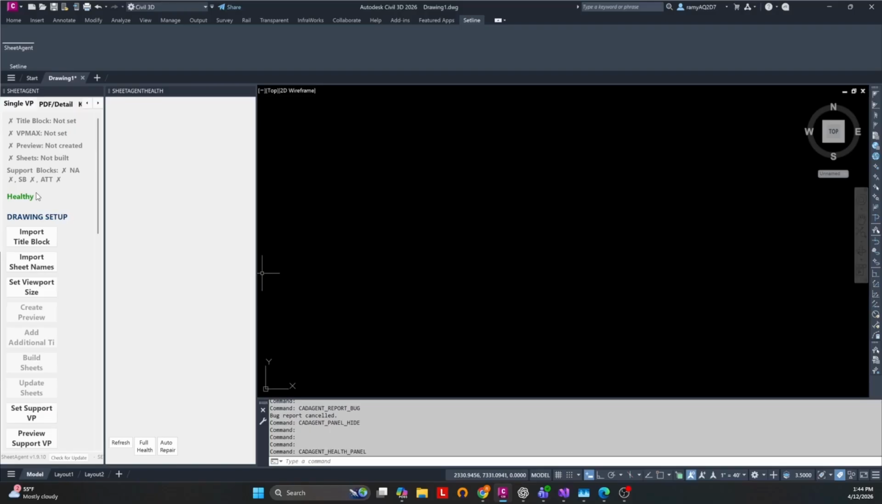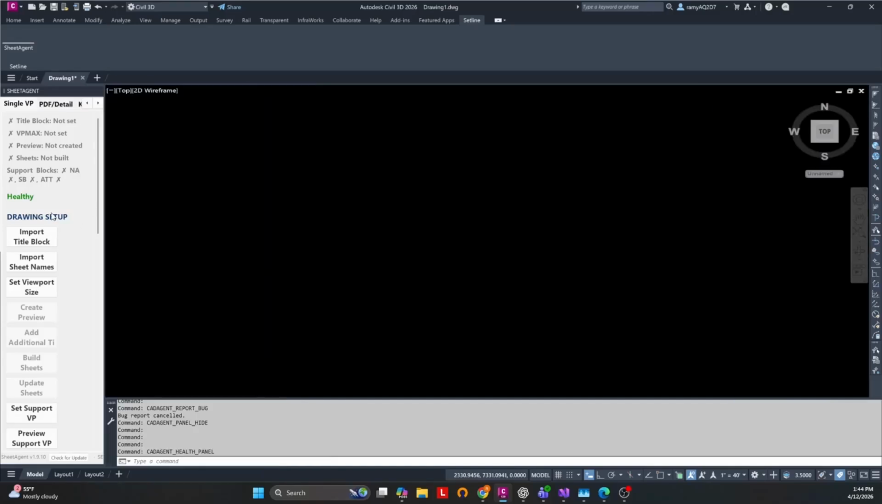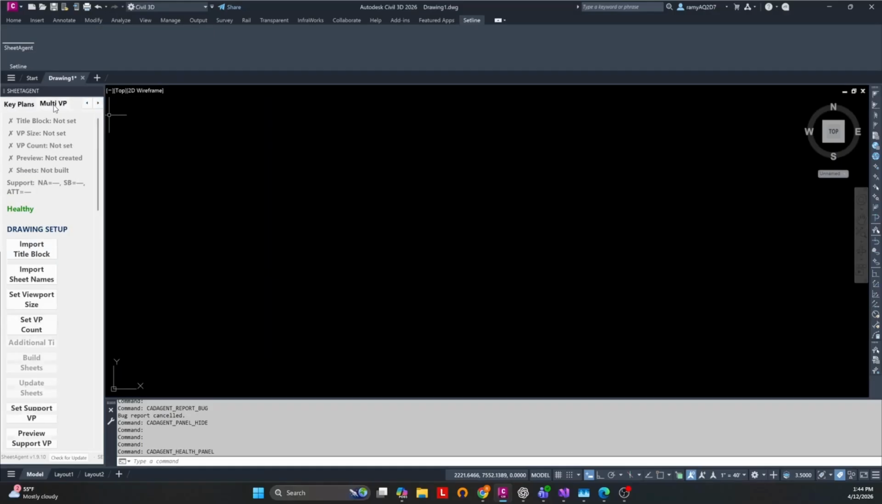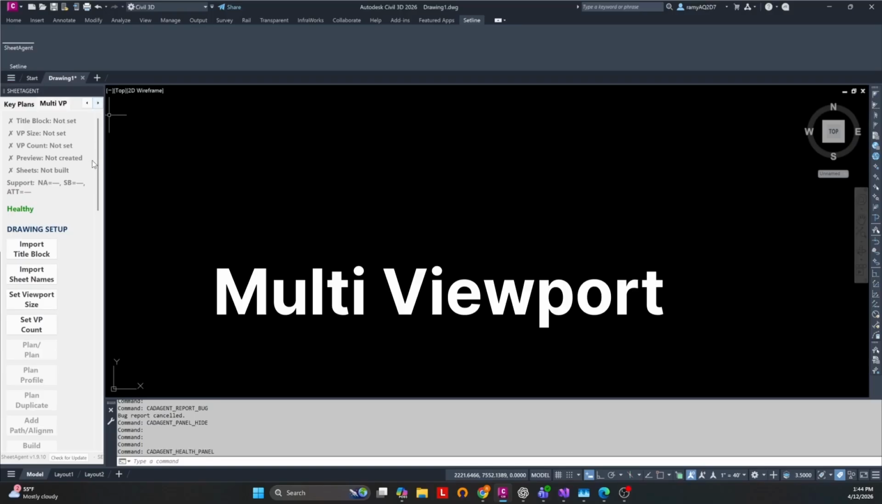You can, of course, the program will never stop you from doing what you need to do, but it's always a place to read. The messaging will always come in health. So these two are complementary and help you out throughout the program. So this is for single viewport. As you can see, as you're going to switch to another system, which is multi-viewport, you can see that